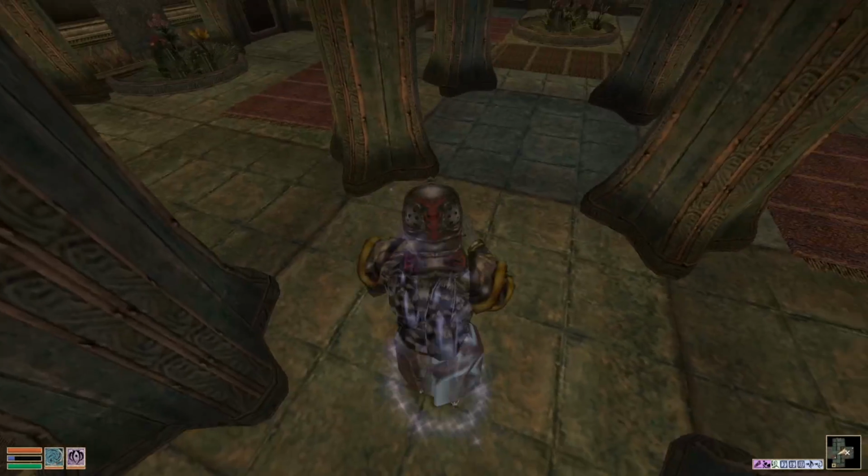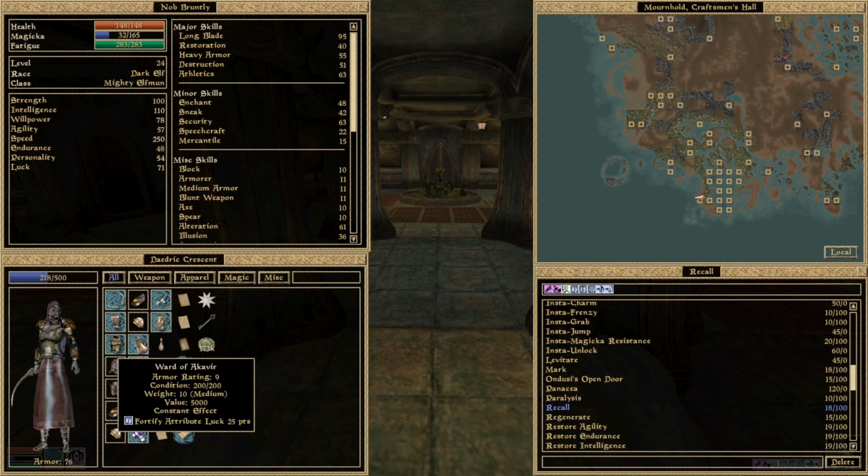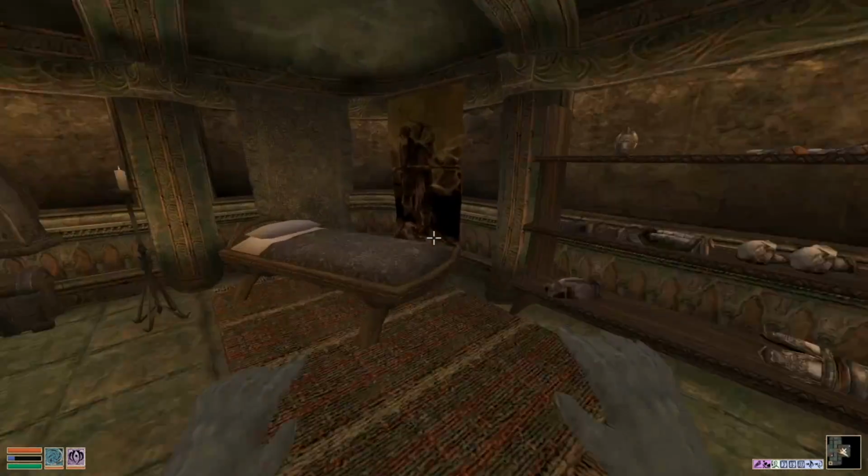There we are. We've got the Ward of Akavir giving us our luck fortification as well. Affects every action in a small way. 25 bonus stat is pretty significant, is it not? That's huge. Okay. Let's head out of Mournhold for now, then, because I don't want to get too involved